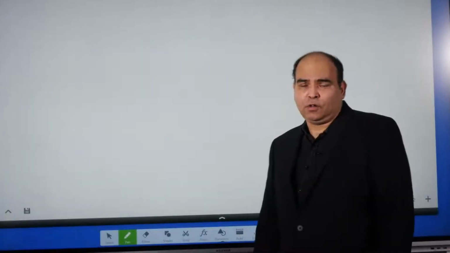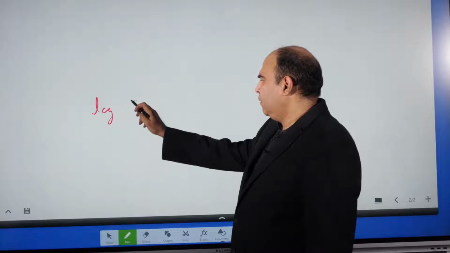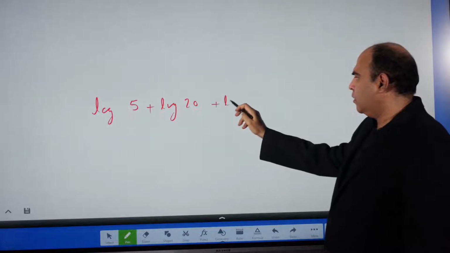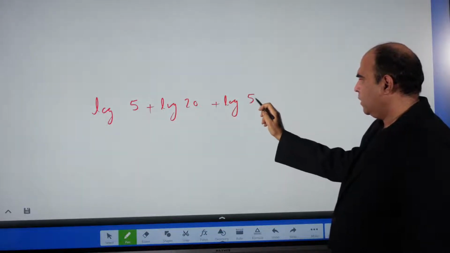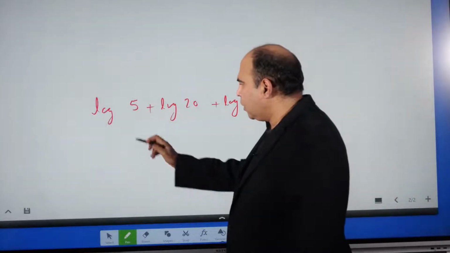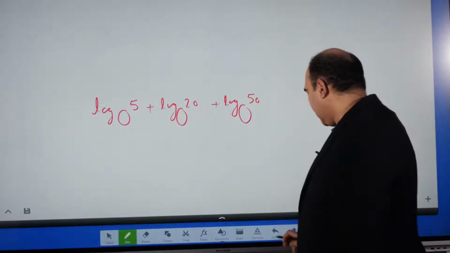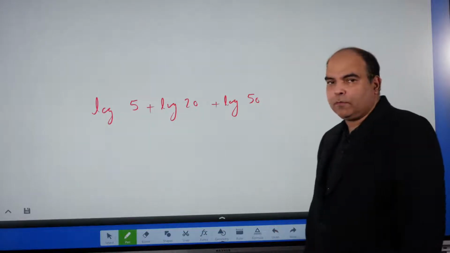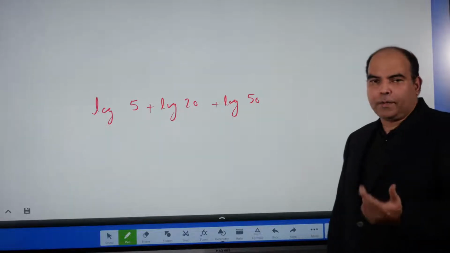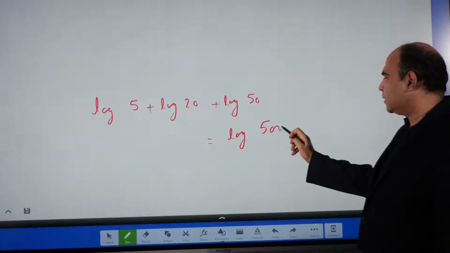And of course this also applies to log A plus log B plus log C. So if I have a log 5 plus log 20 plus log 50, suppose, and the base is same, and when I don't write a base in a log situation, then the underlying base value, if it's not written, is assumed to be 10. So it's called the natural logarithm when you don't write the base in a log, the assumption is that the base is 10. So if you want, you can write this as log 5000 to the same base, where the base is 10.